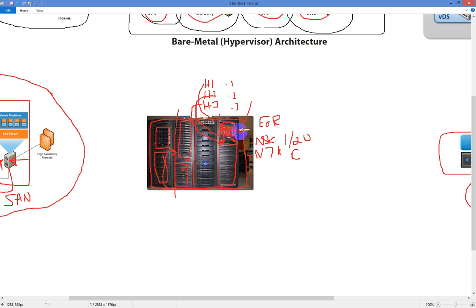I'm sorry, the initiator is on this side. The target is over on this side. So that'd be how you would connect all your data center into your storage array, and that would allow you to vMotion from here to here and be able to go along as you're going there. So that's pretty straightforward for the most part, but it's important to understand the processes on the back end to how it's all put together.